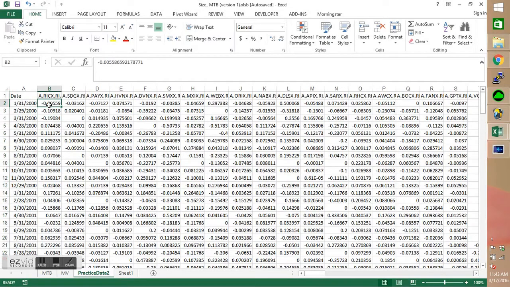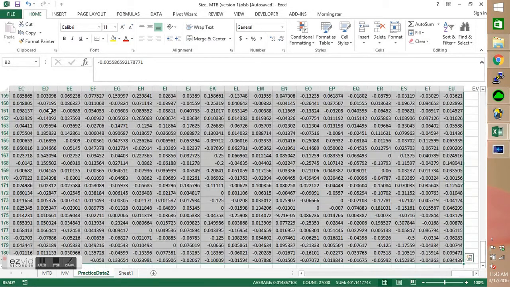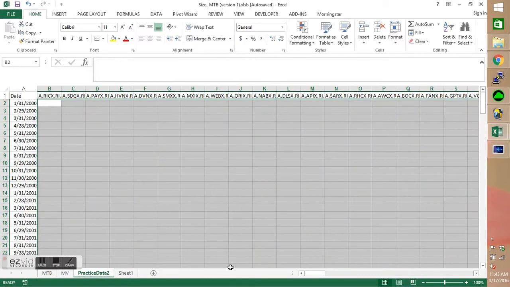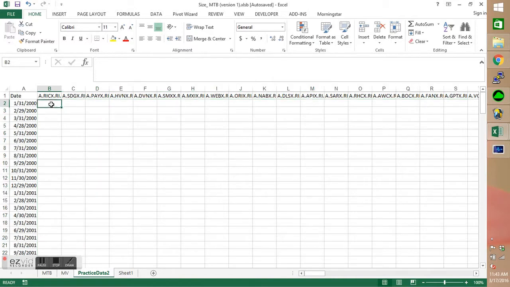Okay, so what I do is that I will delete all of the returns data, and I will fill in the size or market to book ratio data into this sheet. So you see, you can actually use the index function as I show you in the first video, so that you can match the return data based on two criteria: the date and the ticker. Okay, so before we do that,